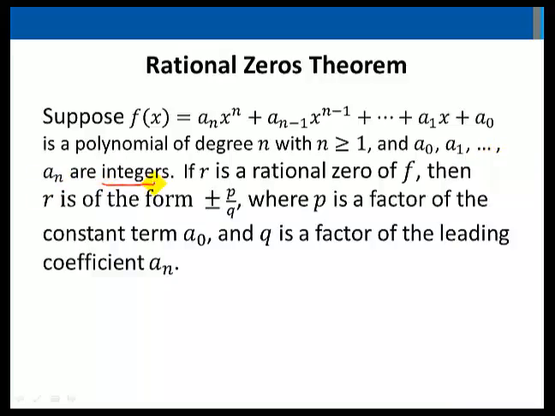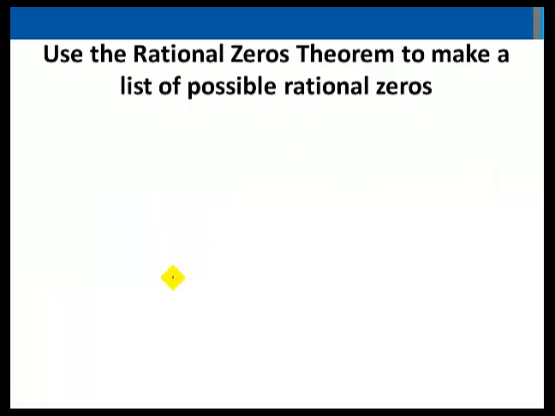If r is a rational zero of f, then r is of the form plus or minus p over q, where p is a factor of the constant term a sub 0, and q is a factor of the leading coefficient a sub n. Let's use the rational zeros theorem to make a list of possible rational zeros of the